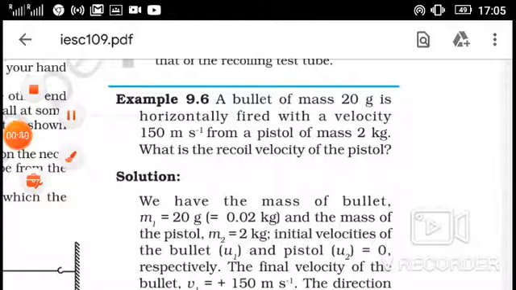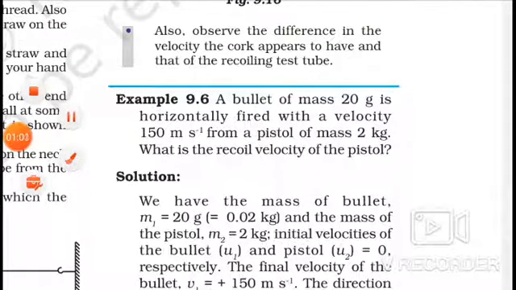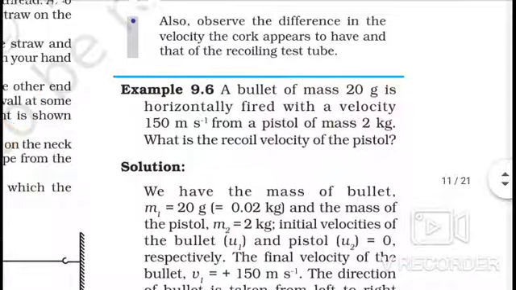बिकॉज स्क्रीन यहाँ पे स्मॉल है तो मैं पूरा सोल्व नहीं कर पाऊंगा, बट मैं वैल्यूज बता दूंगा आपको कि किस तरह से आपको वैल्यूज पुट करना है, और कैलकुलेशन जो पार्ट होगा वो आप अपने आप से कीजिएगा। बिकॉज स्क्रीन स्मॉल है इसलिए मैं पूरा कैलकुलेशन कर नहीं पाऊंगा। A bullet of mass 20 gram,